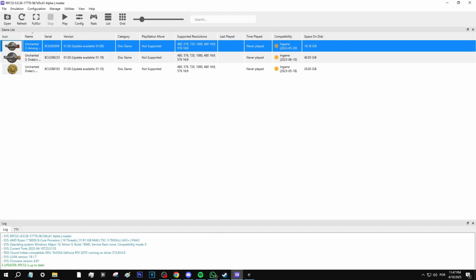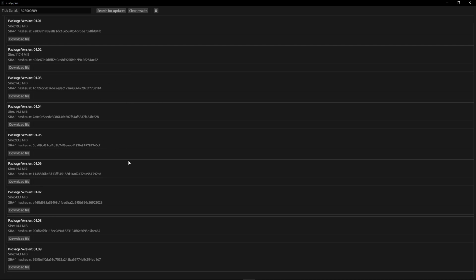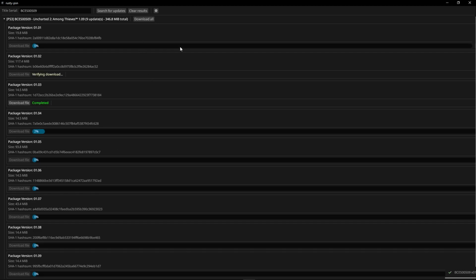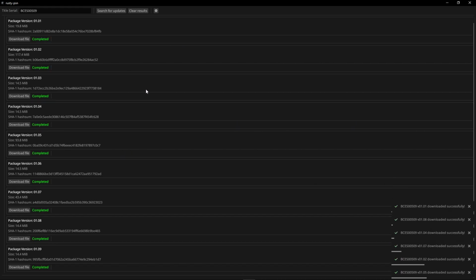Now go back to Rusty PSN, and paste the code right here by pressing Ctrl V or the right button of your mouse and then selecting the paste option. Now click on search for updates, and just like that, Rusty PSN will find all the updates for your game. We're gonna download everything in here, so you can just click on this option on the top, download all. Now just wait until the patches are downloaded. There you go, it's done.